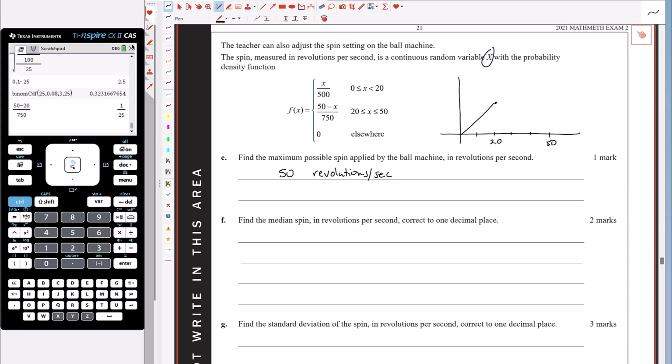Let's try that again. So it's not symmetric, just be careful about that because 20 is not in the middle there. That's 1 on 25. Okay, so I'm just trying to work out under which part of the graph the median is going to lie. So that bit of area in there is going to be 20 times 1 on 25, which is 20 on 25, which is